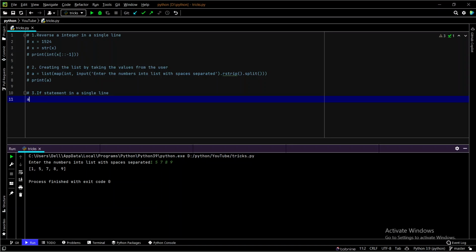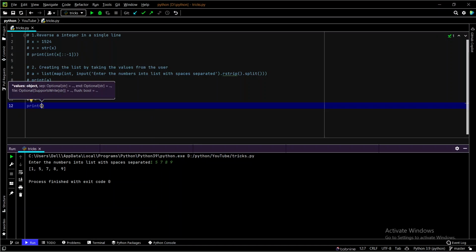Okay, I'll name the input EV, even or odd, and I'll take it as 5. I just named EV as 5 as an input. Now I can even add the if statement in a print statement itself. You can see over here, odd or even. First I will write even if